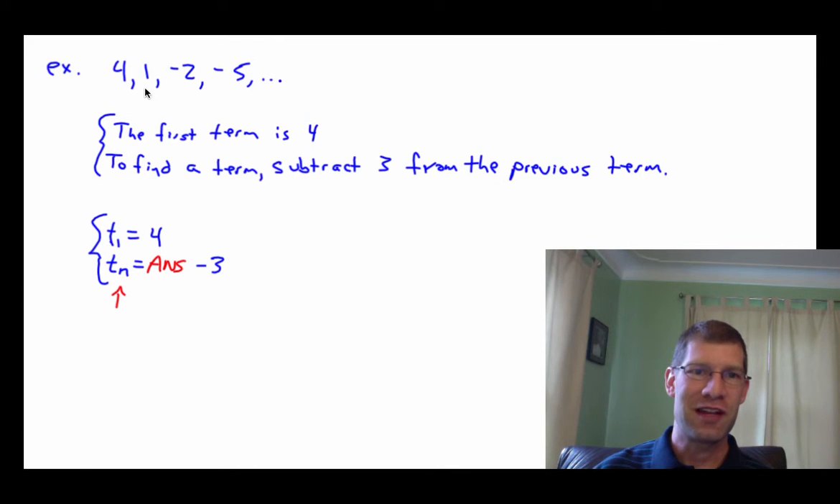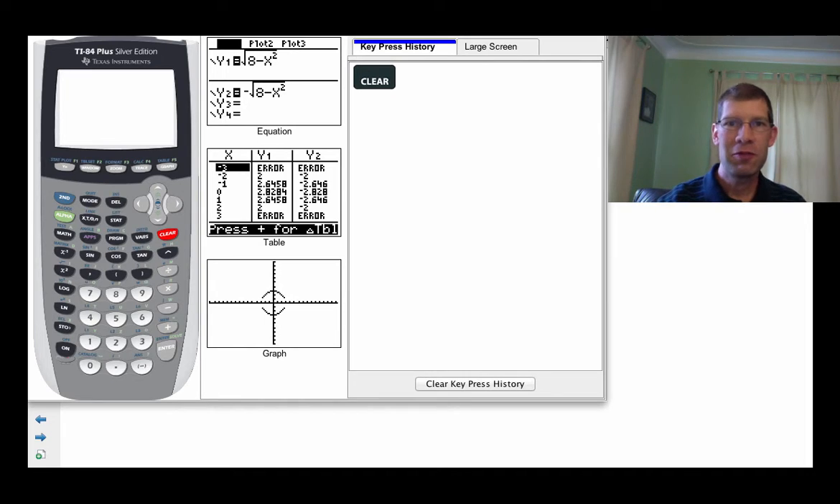And then that gives you the 1, the second term. If you're looking for a -2, this third number, then it'd be T sub 3. Well, that's going to be the one before it, the 1, take away 3 gives you the -2. Being able to punch these into a graphing calculator is really quite handy, so I want to quickly show you